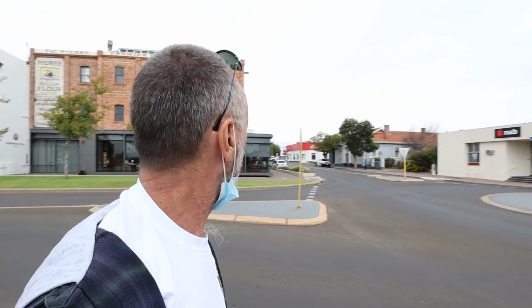They owned it for quite a few years, then it changed hands a bit, but I believe it was still a running flour mill in the 70s, but if someone could correct me in the comments if I'm wrong. It was going into disrepair, and the local council ended up selling it for $1